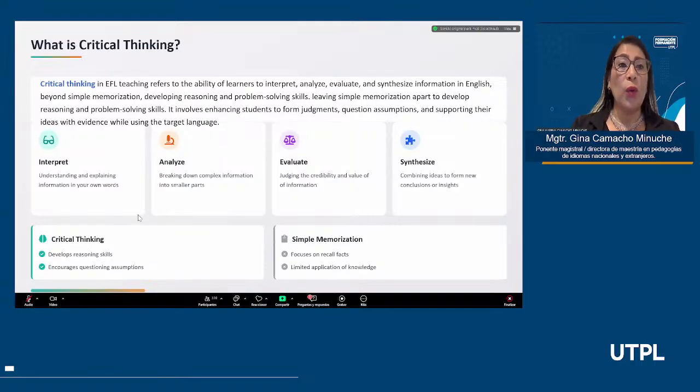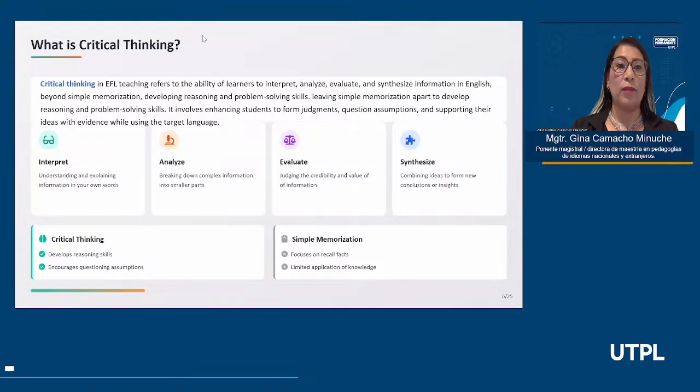Having said so, we are going to read the definition of critical thinking. In EFL teaching, it refers to the ability that learners have to interpret, analyze, evaluate, and synthesize information in English beyond simple memorization.